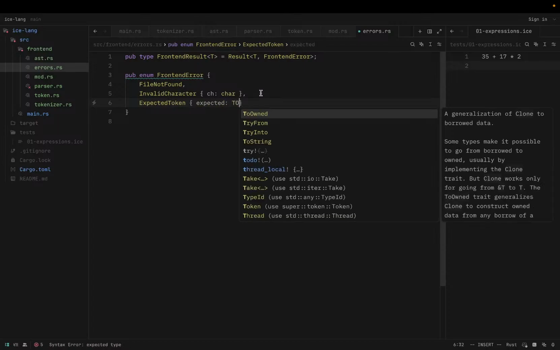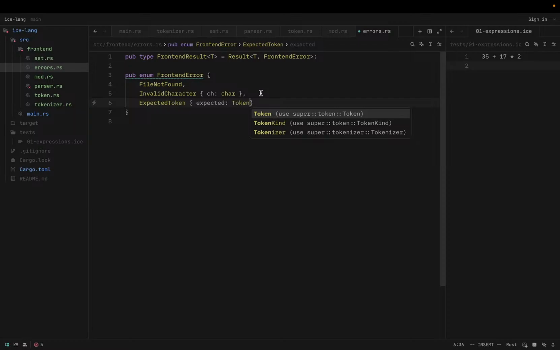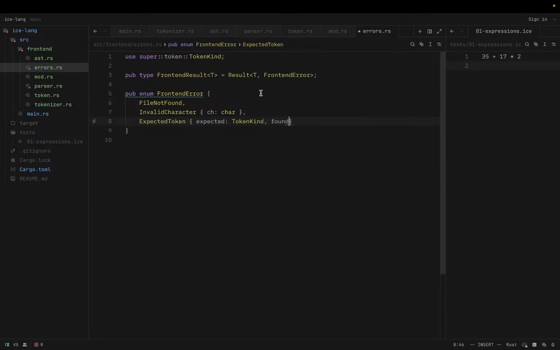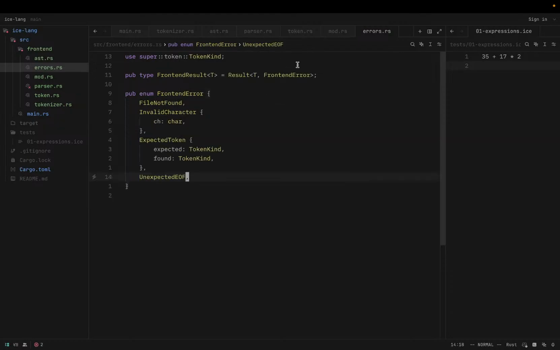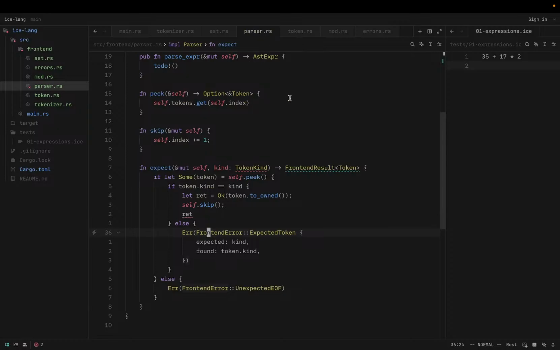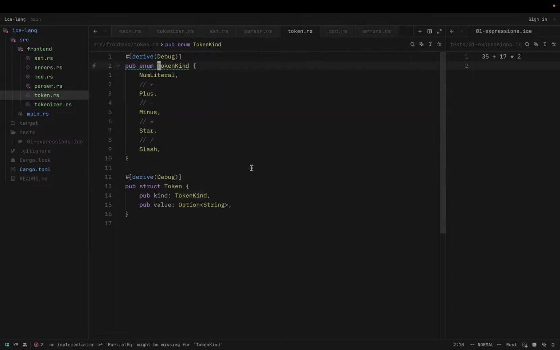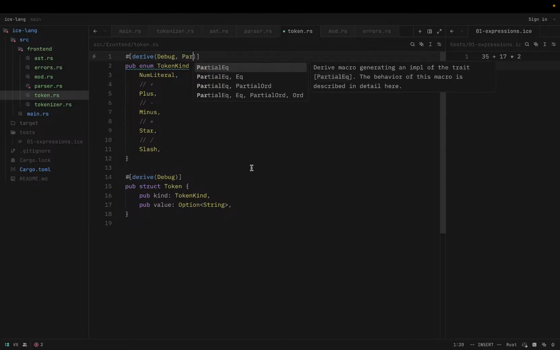Expected is a token kind, and found is a token kind, and we can say unexpected end of file. Now let's quickly go back here and let's just say import token kind. Now obviously we need equals, partial equals, my bad, partial equal,